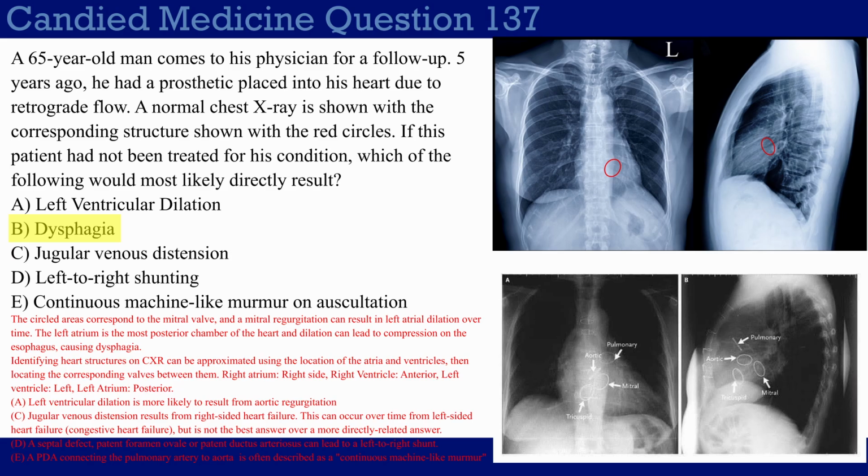All right, I know that was kind of a lot, but let's come back to this question and look at some of the wrong answer choices here, okay? Choice A, left ventricular dilation. This is more likely to result from aortic regurgitation. Obviously, retrograde flow through the aorta will cause a constant volume overload in the left ventricle, and over time, the left ventricle is going to dilate to compensate. The technical term you hear a lot being, of course, eccentric hypertrophy or sarcomeres being added in series,